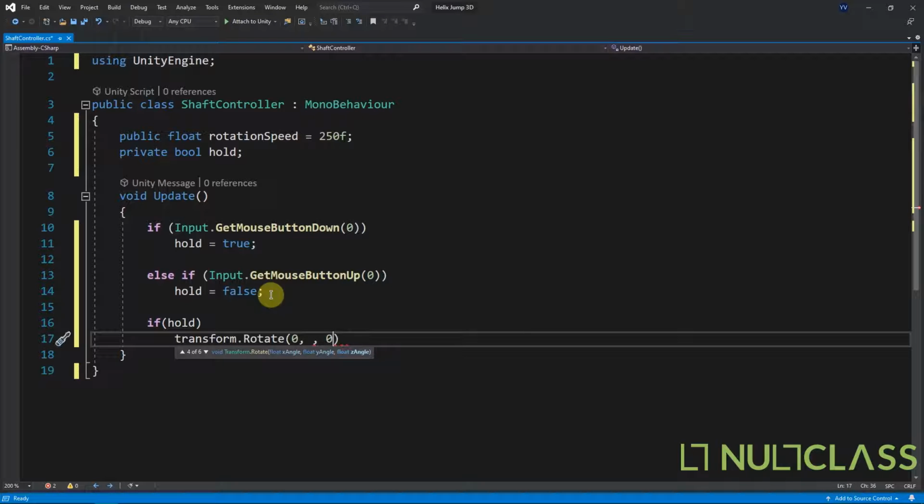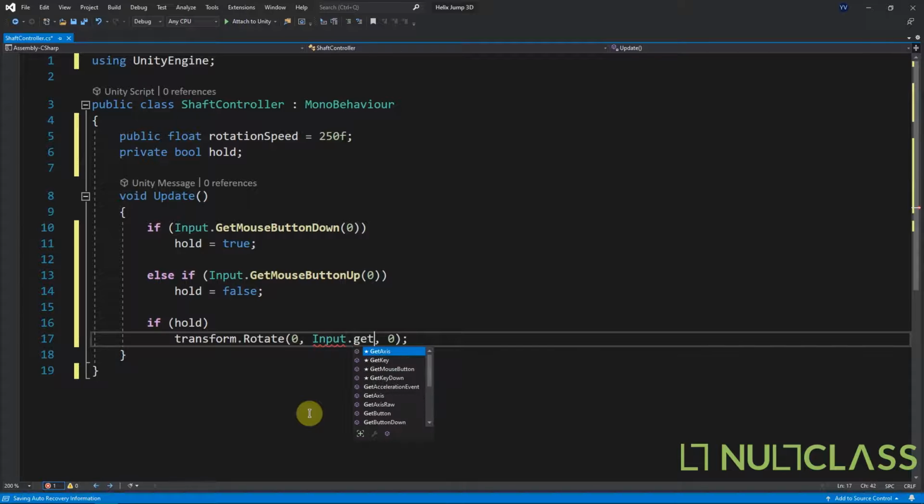And then 0 again for the Z axis, and after this let's put a comma. So here what we want to do is get our input from our mouse, and how much ever we are getting on the horizontal axis, that much we are going to change our rotation of the Y axis. Input.GetAxis,